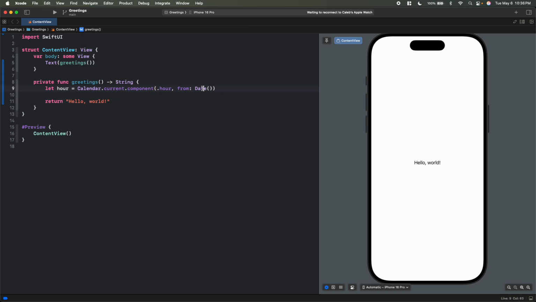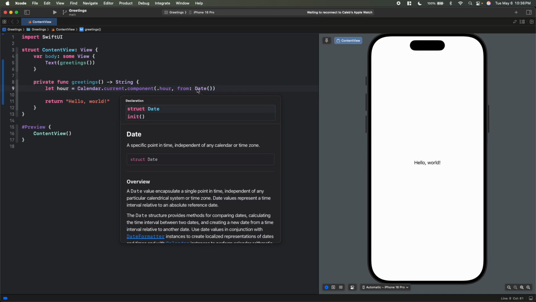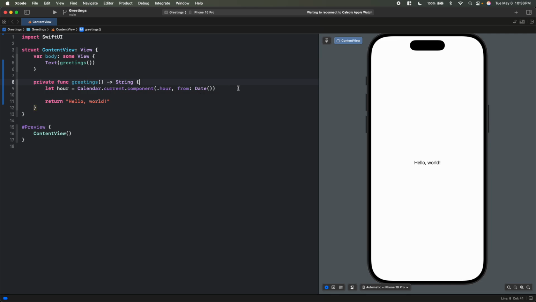And then date, if you just initialize date like this, if I remember correctly, it just gets you the current date, like as of 10:36 p.m. or whatever. So that should be pretty good right there. And then instead of just returning this hello world,